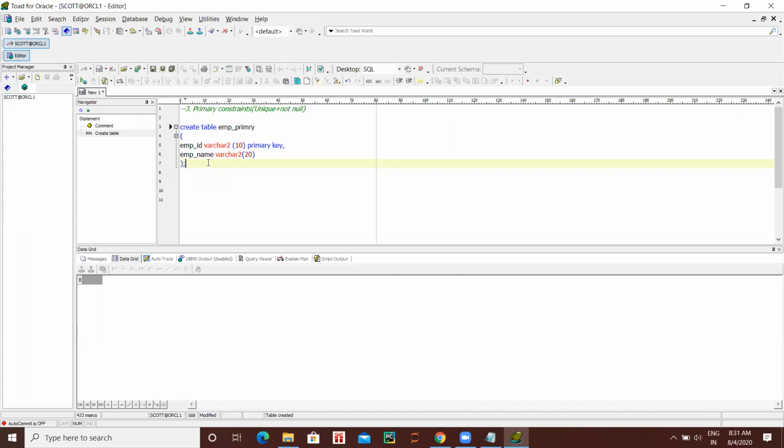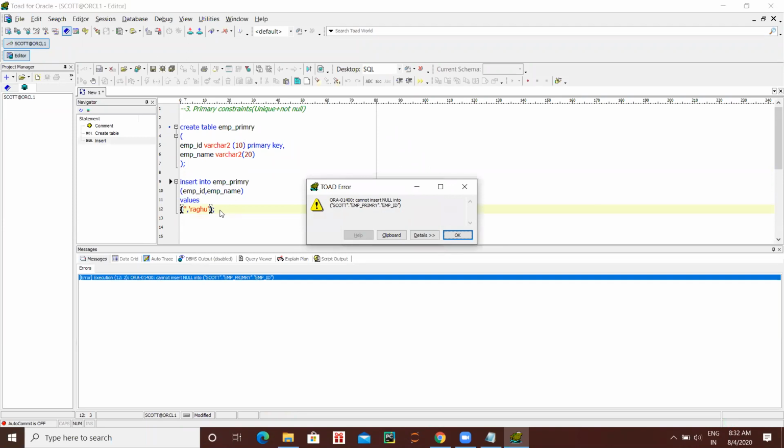Now let's try to insert something. Now run it. See, cannot insert null into employee ID. As I told you, primary key means not null and unique. We have given null values here in employee ID.